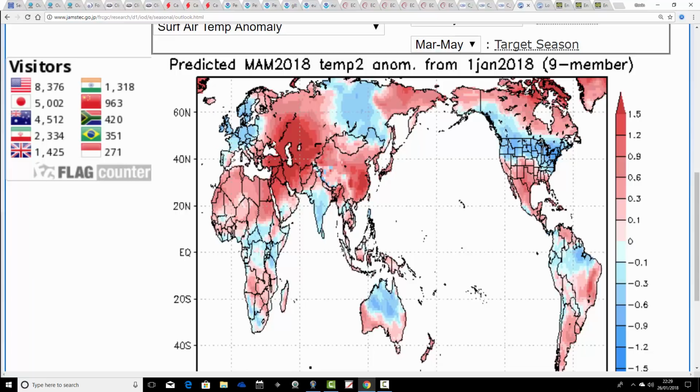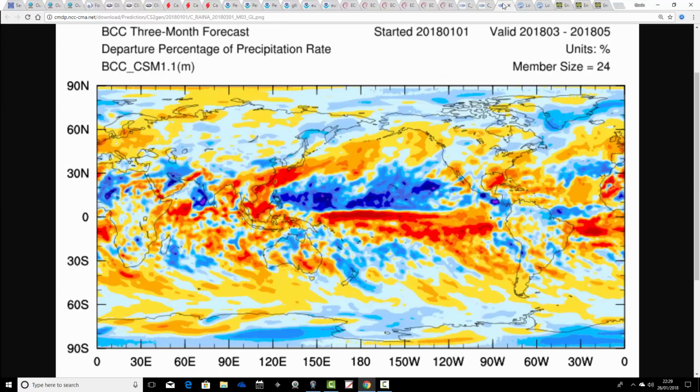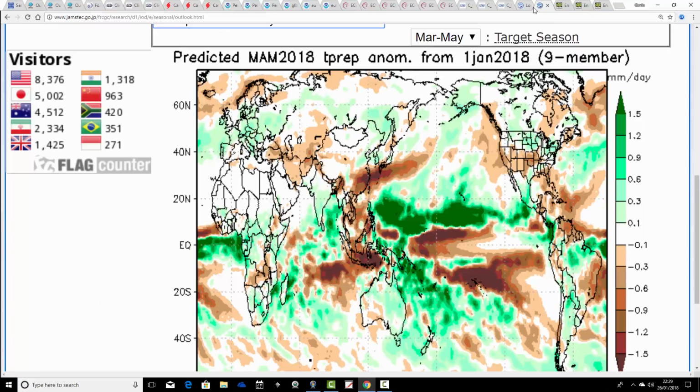Will it keep that colder than average temperature signal when we do next month's update? That's going to be very interesting to see. The precipitation anomaly from the JAMSTEC model is going for close to average precipitation. Really, it's drier than average up to the north, and it's wetter than average down to the south. So this looks like rather a